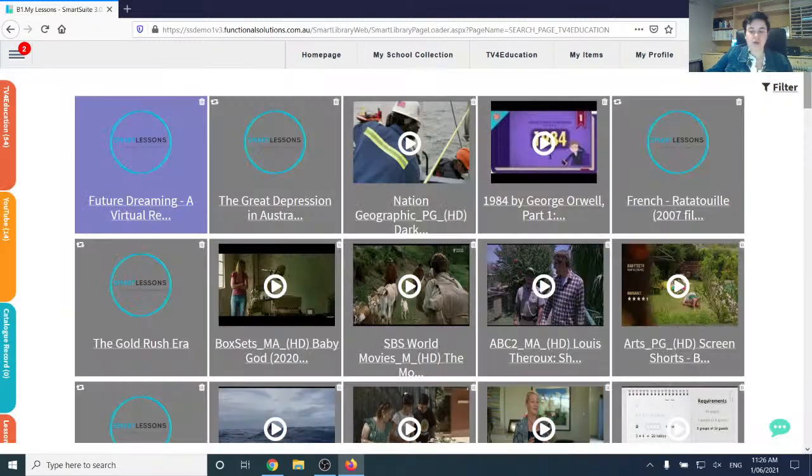So we've gone through your My Items, how to play things from your My Items, how to delete things, and how to share that content with your students. You also have these tabs here. Now all of these tabs are popped up right now, which means it's showing me all of the content in those categories. So I've got 54 items relevant to TV4Education, 14 from YouTube, and I have